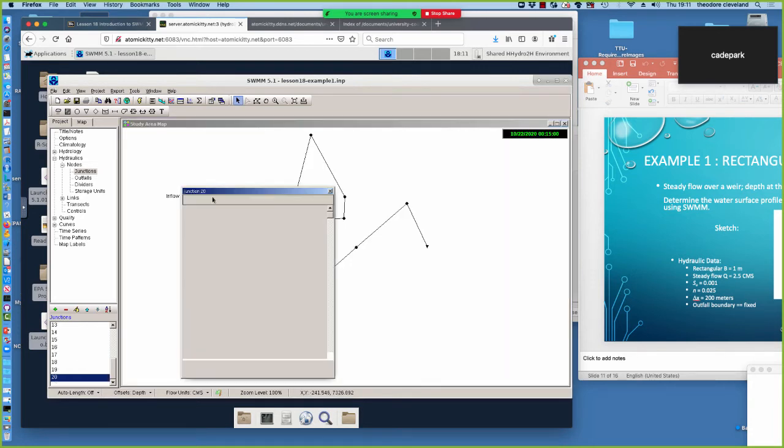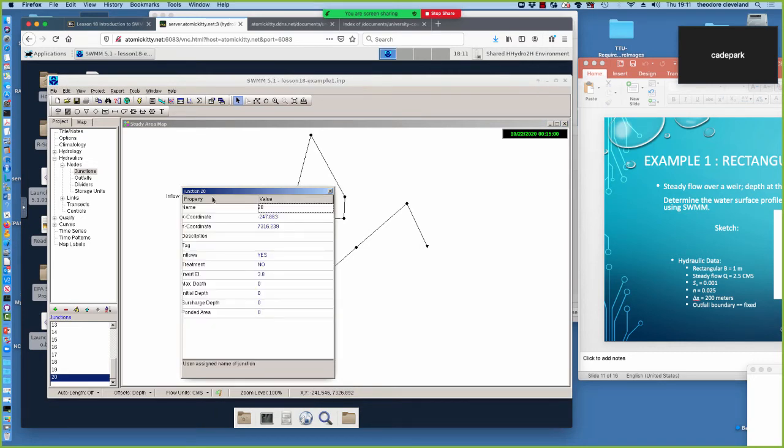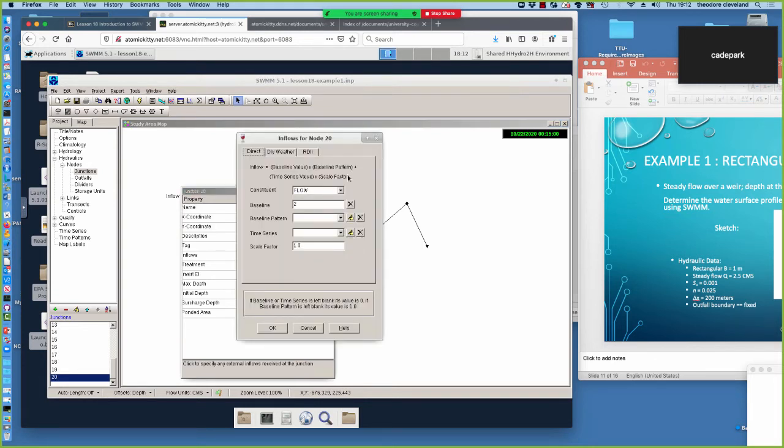So for example, this upstream most junction has an invert elevation of 3.8 meters. In this case we're in cubic meters per second flow units, so distances are in meters. The name of the junction is 20, and it has an inflow associated with it, and we can look at the value of the inflow as 2.5 cubic meters per second, so let's change it to agree with the example. Press OK,